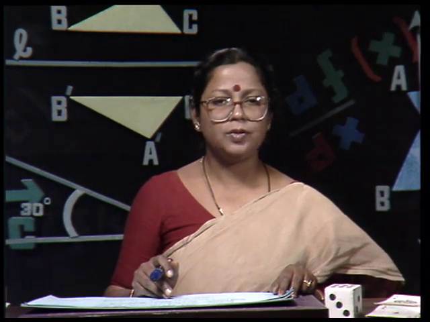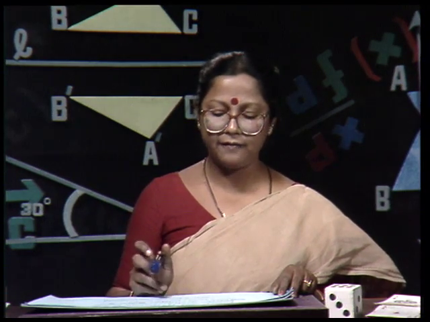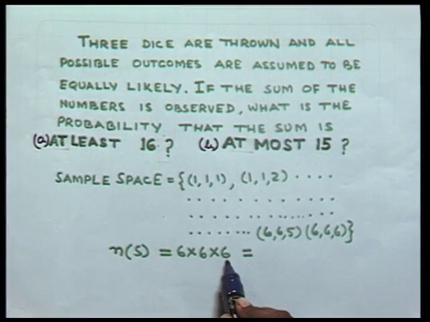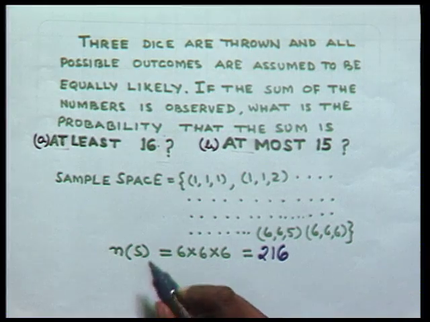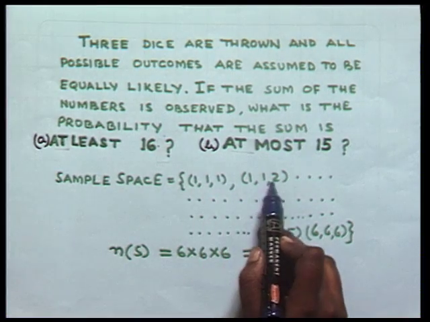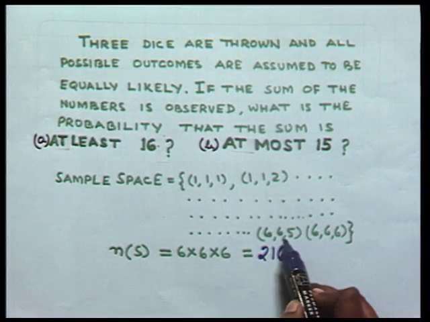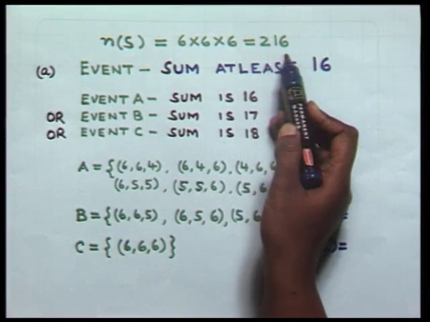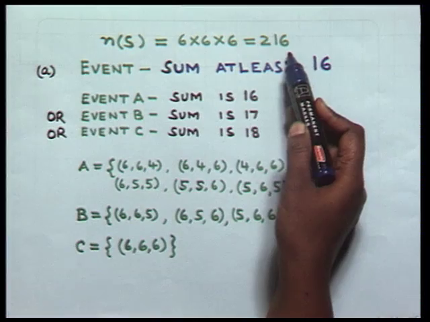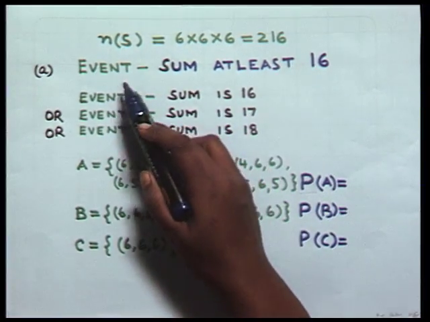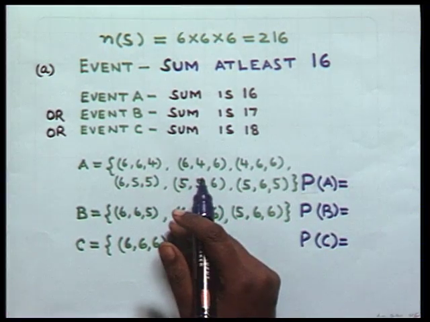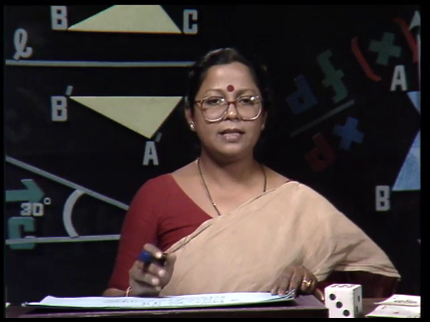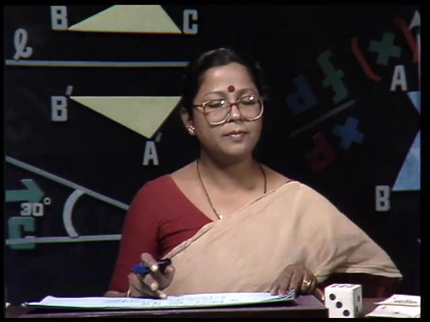Similarly, if we throw 3 dice, then the sample space will have 6 into 6 into 6, that is equal to 216 elementary events of the type 111, 112 and so on, 666, 665. So, the sample space for this experiment has 216 elementary events. Now, consider the first event, that is getting the sum at least 16. But before we do that, let us first see if we throw 3 dice, then what possible sum do we